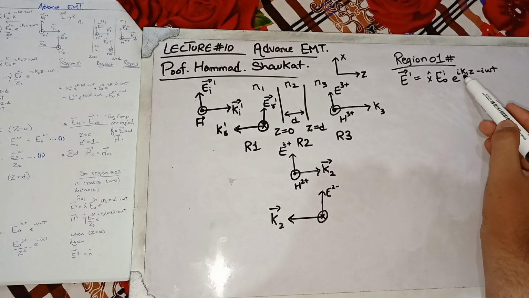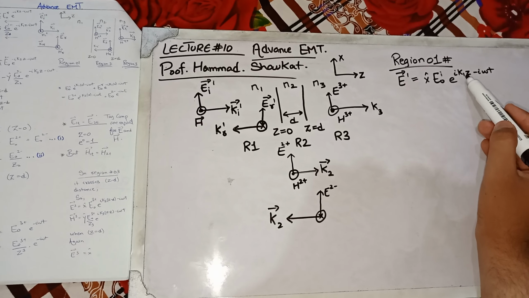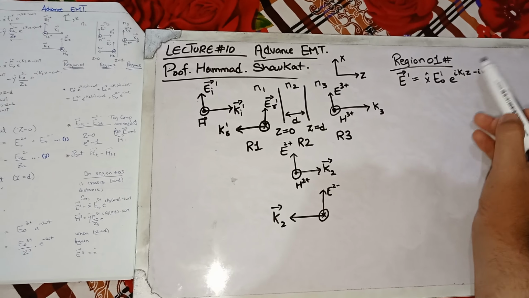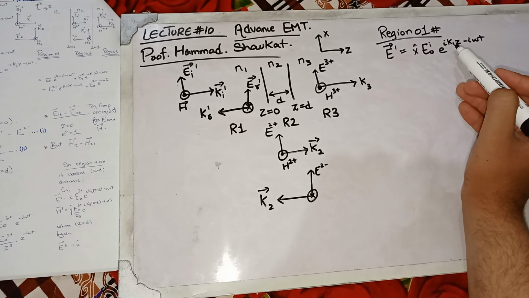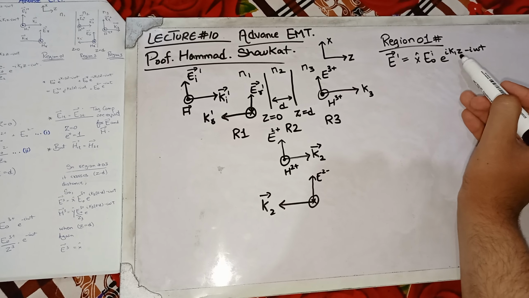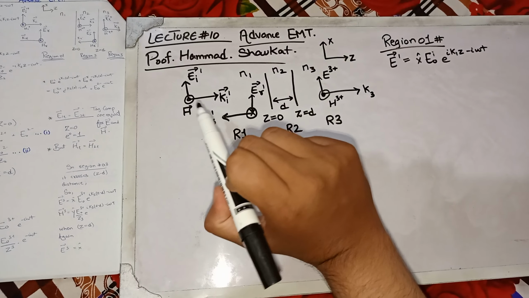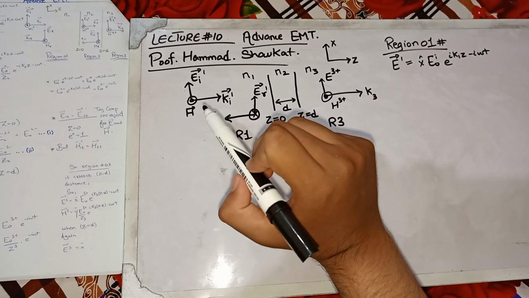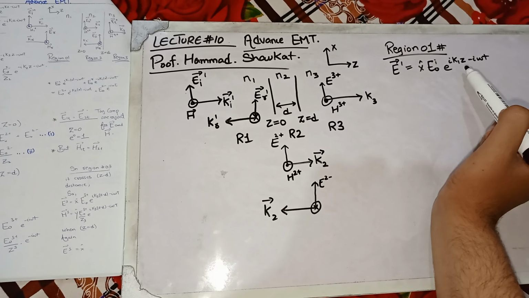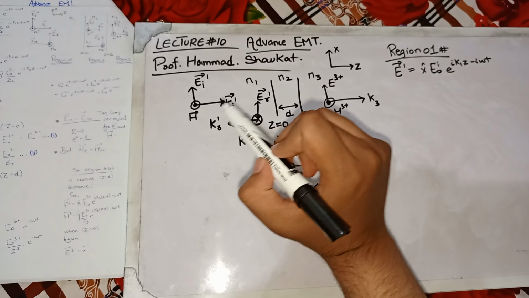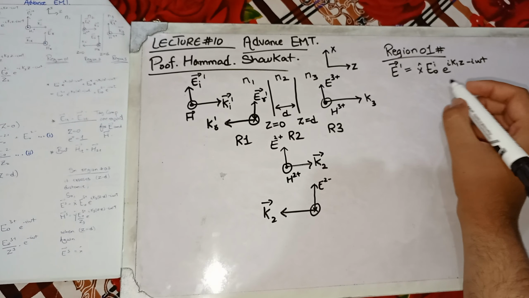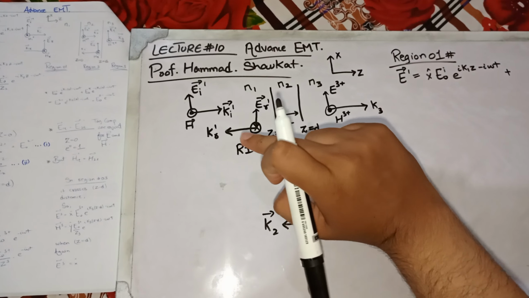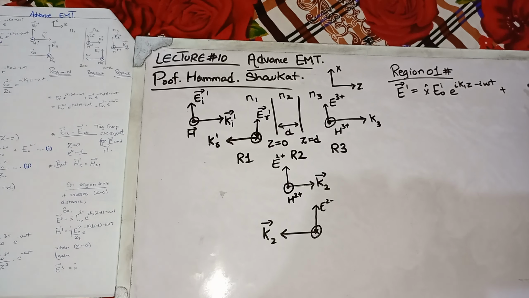Because you know that e power iota kz minus iota omega t, and why k1? Because you are in the first region, that's why you have to use k1 here. And z here, because your wave propagation k is in the z direction. It is positive because it is in the positive z direction. And plus, because there is also a reflected wave in region 1, so we also have to write